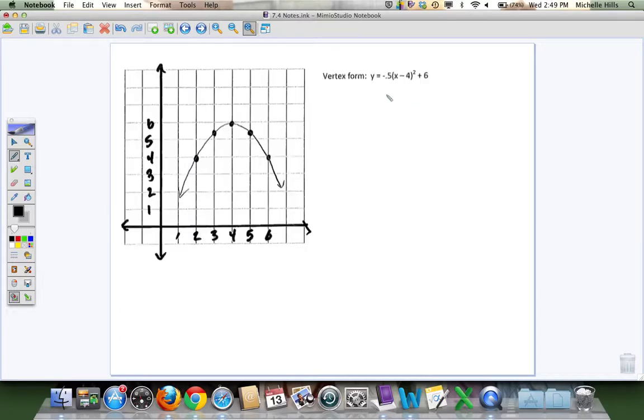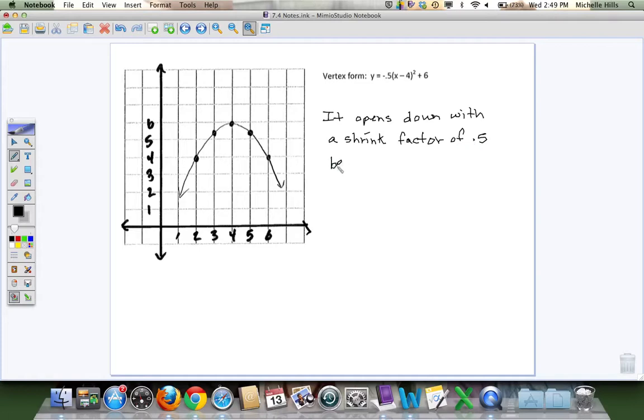And last but not least is in vertex form. Notice the vertex is at positive 4, positive 6, and I can see that 4 and 6 in here. If this 6 was over with the y, as it usually starts out, it would have been a minus 6. So, it opens down with a shrink factor of 0.5